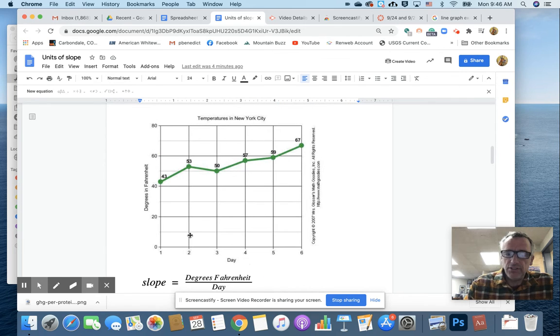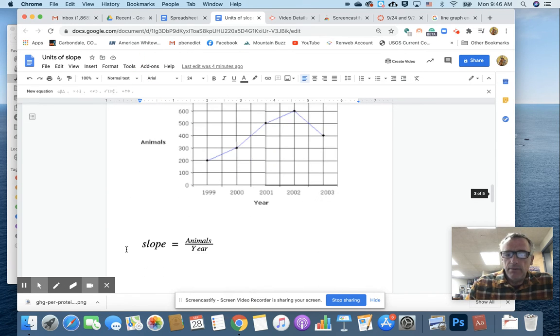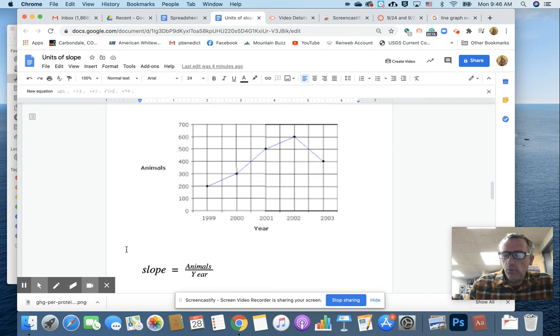So if I look at this graph, right, I can see that my x units are days and my y units are degrees in Fahrenheit. So my units of slope are going to be degrees in Fahrenheit per day. Now, in this graph, I don't know what it has to do with. I just randomly grabbed it off, but this is increase or decrease